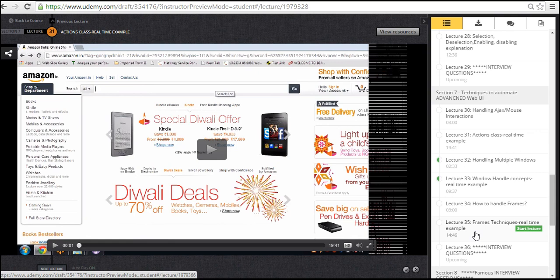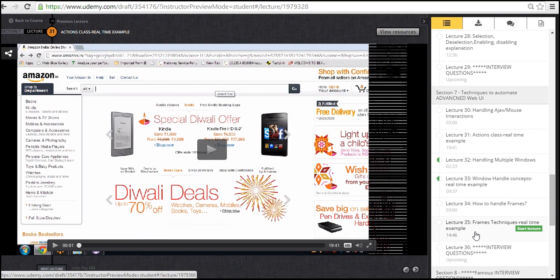The next topic is frames. This is also one of the most important, and as I said in my previous sections, there are two kinds: iframe and frameset. Check for these two tag names in an application. If you find them, then that application has frames. So how do you find that? By tag name iframe or by tag name frameset. Give that, you will get the count, and based upon that you can come to a basic conclusion about how many frames are present in an application.